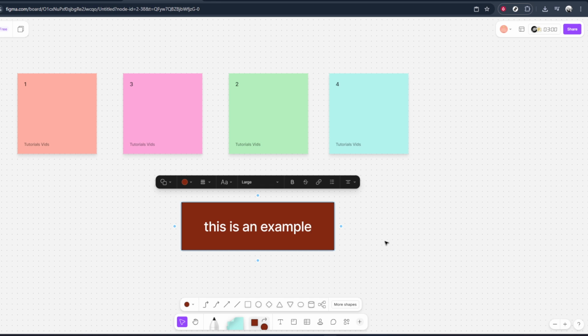And that's all you need to do. You've created a shape, added your text, and applied a background color, giving your FigJam board a clearer, more visually